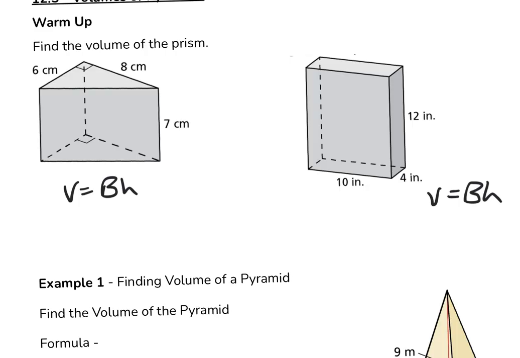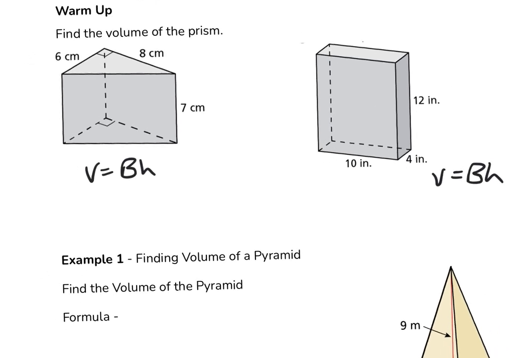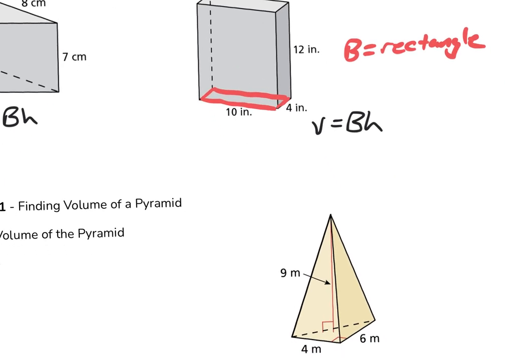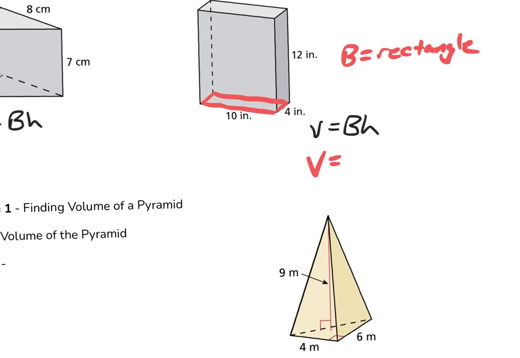My bases are going to change. It's the same formula, and so what I think is helpful, I'm going to do the one on the right first. This would be kind of like a cereal box, kind of what it looks like. My base is what kind of figure? A rectangle, okay? We have a rectangular base. So big B is a rectangle. I would get in the habit of identifying that base the very first thing that I do on all of these problems, okay? Identifying what that base is. Because this is a rectangle,